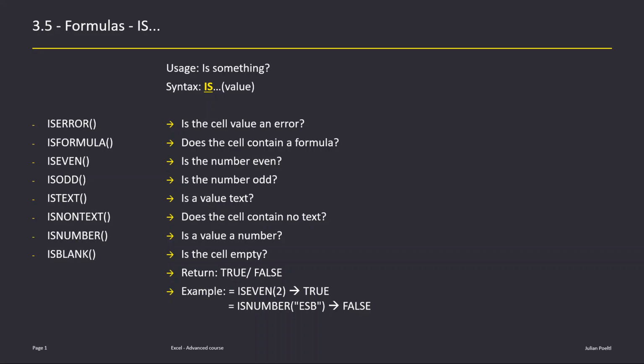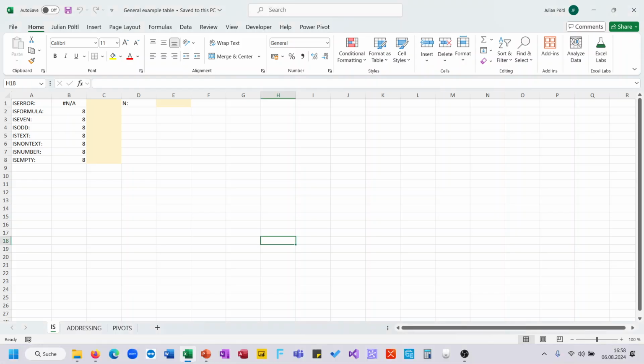And all those IS formulas or functions return TRUE or FALSE. For example, ISEVEN(2), 2 is an even number, will return TRUE. And ISNUMBER for the letters ESB returns FALSE because ESB is a text and not a number. Yeah, let's check how those formulas work